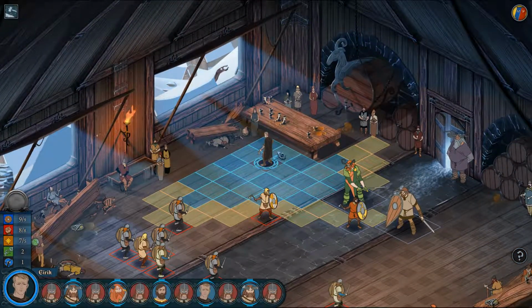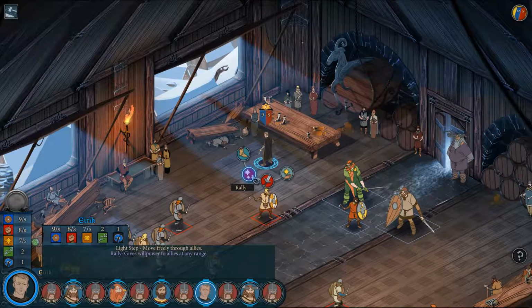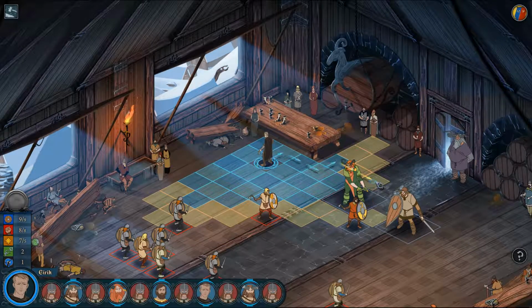Oh, I didn't even see this guy. Oops. Let's see what he's got. Light step, move freely through allies. That's really good. Moving through allies is very, very important. Gives willpower to allies in range. So he's going to be more of a support unit as well. So what we're going to do...